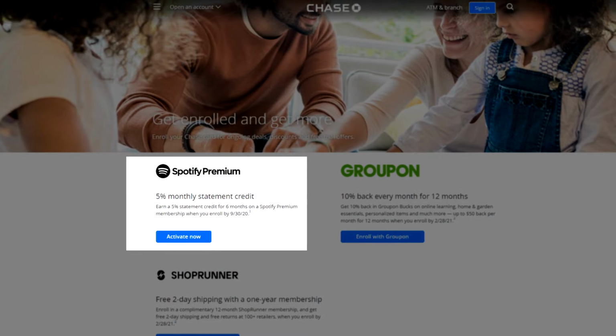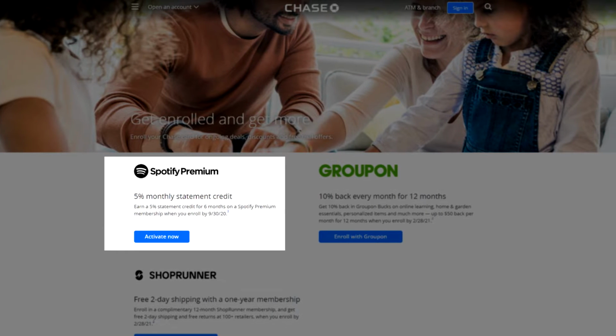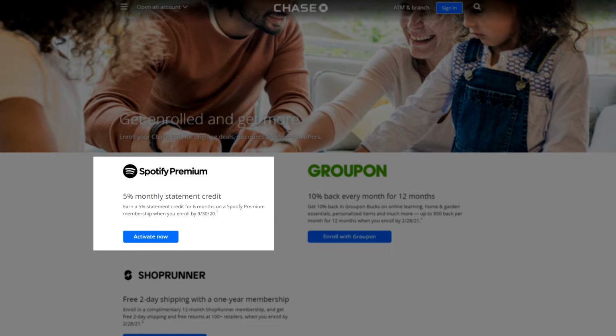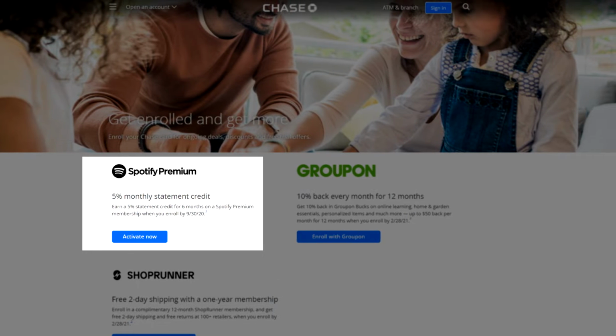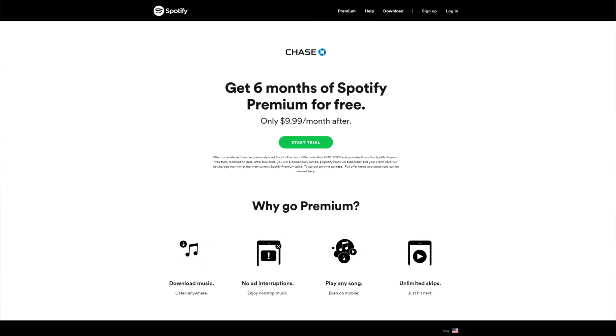All right, and now for the secret offer that I mentioned earlier in the video. This was an offer that I got directly from Chase in my email. The thing that caught my attention really was the whole Spotify perks. So one, you're going to get a 5x multiplier on Spotify for up to 6 months, but you have to actually enroll your card to do this, like all of Chase's offers. So you can get 5x on your Spotify purchases, which is going to save you a total of $3 over the course of those 6 months. And you can get a 6-month premium Spotify account, no charge. And then after the 6-month